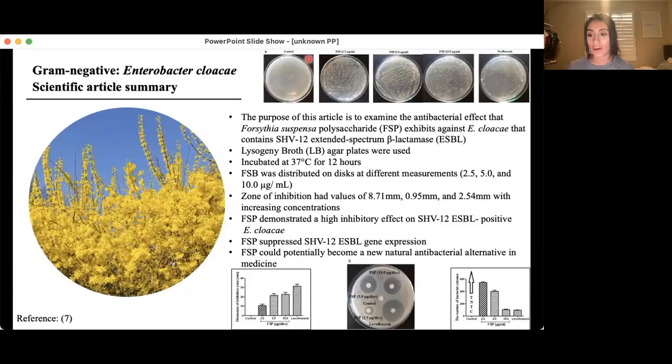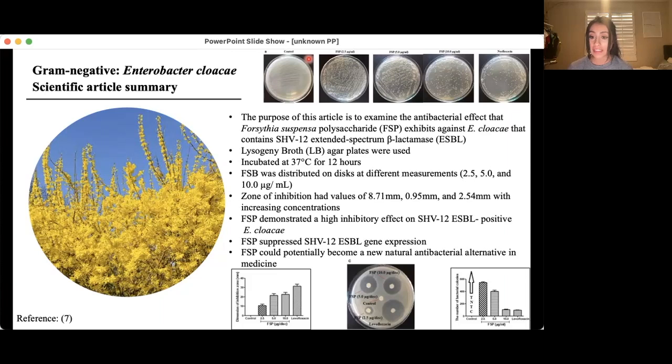So for my scientific article for my gram negative, I did it on Forsythia suspensa polysaccharide, known as FSP, and the effects that it has on Enterobacter cloacae. Enterobacter cloacae contains an enzyme known as SHV12, extended spectrum beta lactamases. Pretty much what that means is that it has the ability to cut the beta lactam ring in penicillins and synthetic penicillins. So what they found out from the study was that this plant had the ability to suppress the